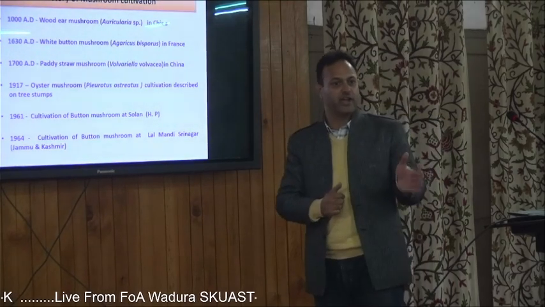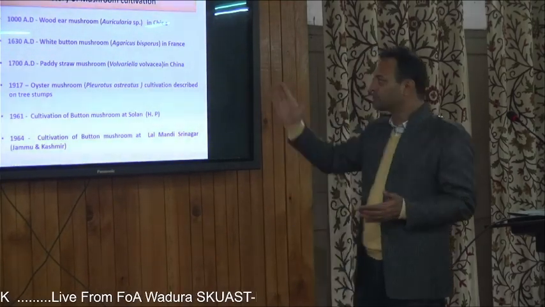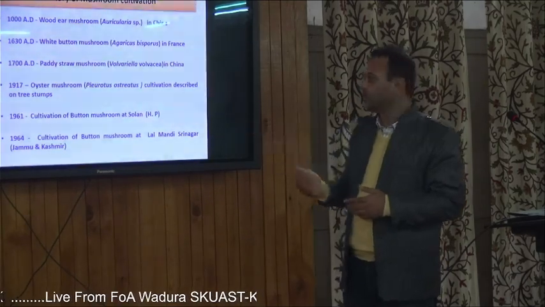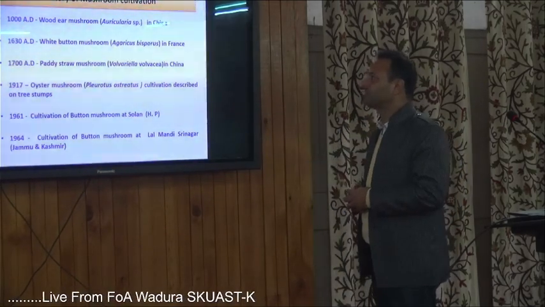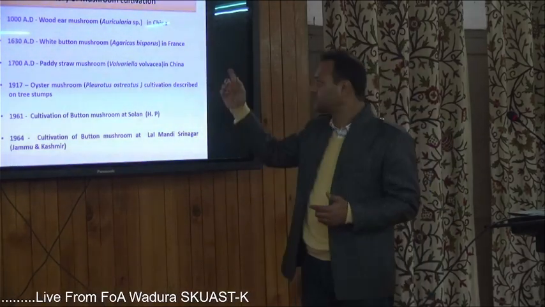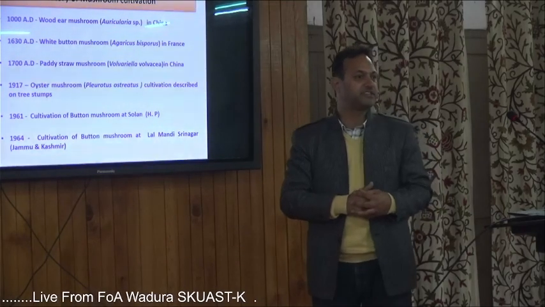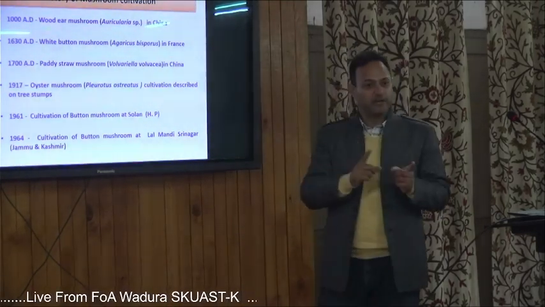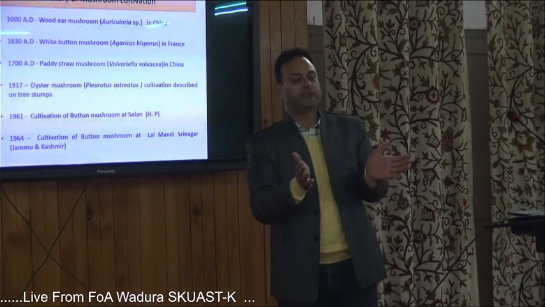ऑरिकुलेरिया पॉलीट्राइका या बाकी सब स्पीशीज, तो उसको सबसे पहले 1000 एडी में चाइना में उगाया गया। उसके बाद 1630 में जो व्हाइट बटन मशरूम हम आजकल कल्टीवेट करते हैं, उसको सबसे पहले फ्रांस में कल्टीवेट किया गया। ठीक है, तो ये जो व्हाइट बटन मशरूम्स हैं, मशरूम्स का अलग-अलग हैबिटेट होता है।